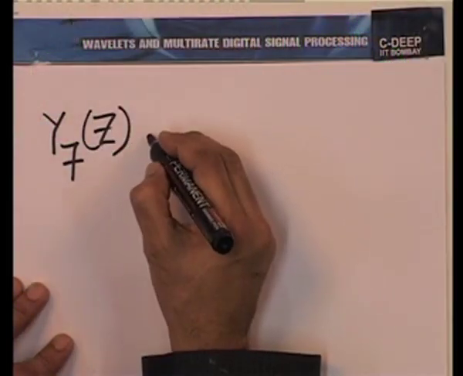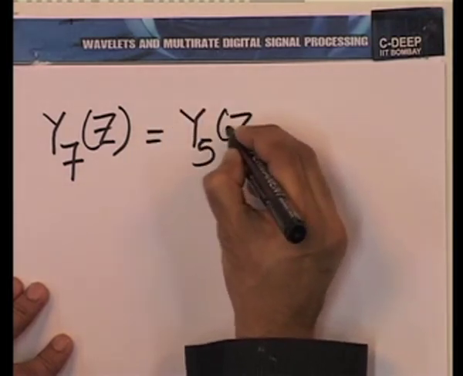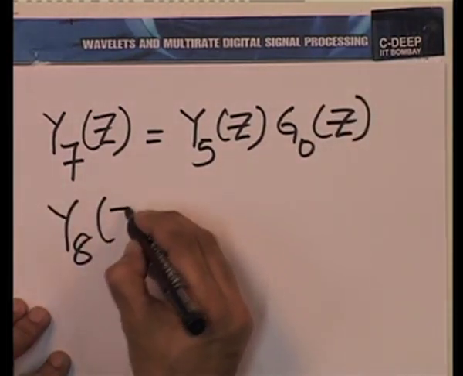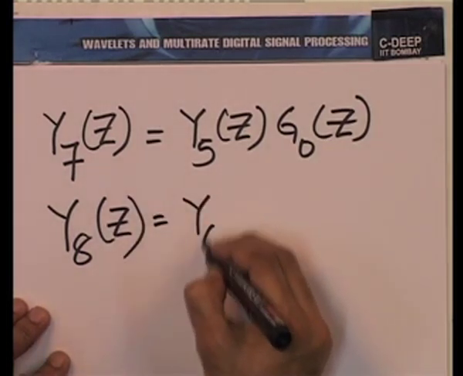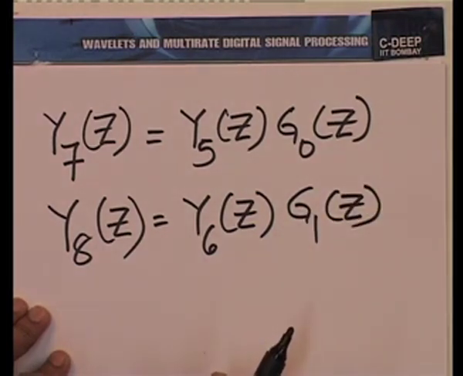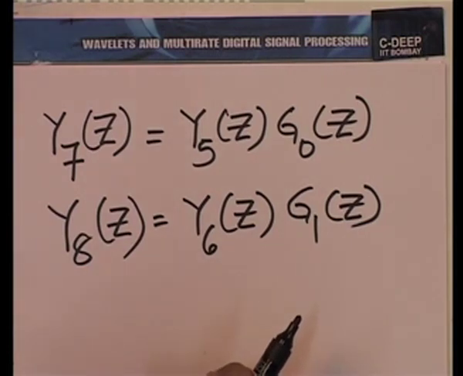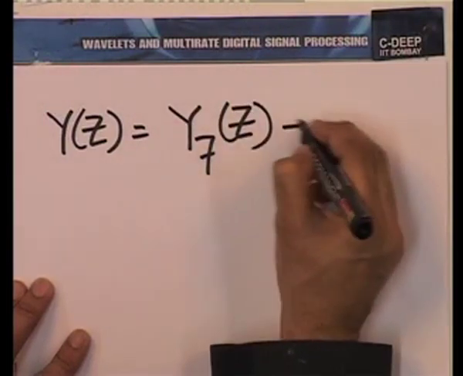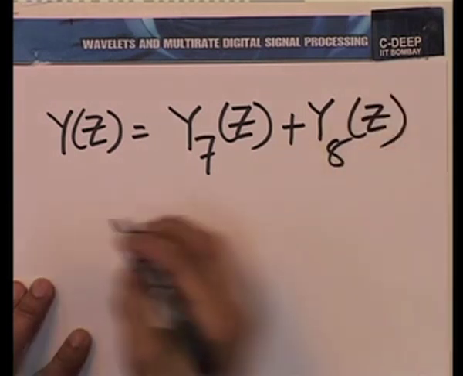So, we have y 7 z is y 5 z times G 0 z, and y 8 z is y 6 z times G 1 z, whereupon y z, which is y 7 z plus y 8 z becomes,